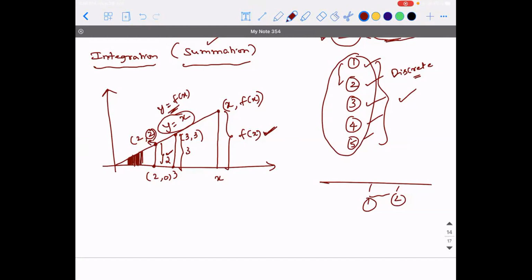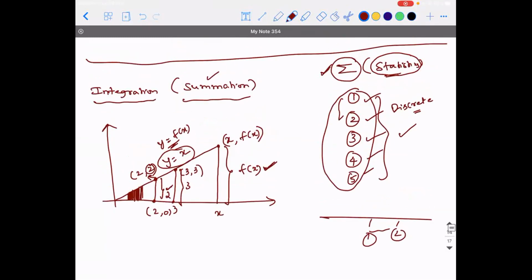Am I right? So if I put a question like this, using summation, that is using sigma, add all the values of f of x that you have from 0 to x and tell me the answer. I repeat, using the symbol summation for this particular graph, let me say I have a limit now, okay? If I say I have this point as 5, 5, add all the possible function values between 0 and 5 using summation and tell me, is it possible for you to do that?